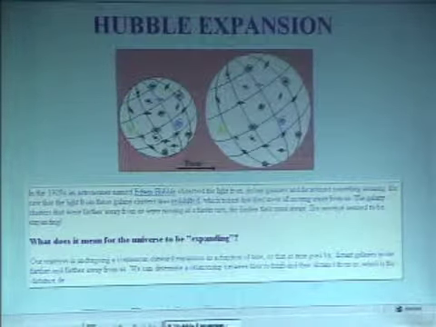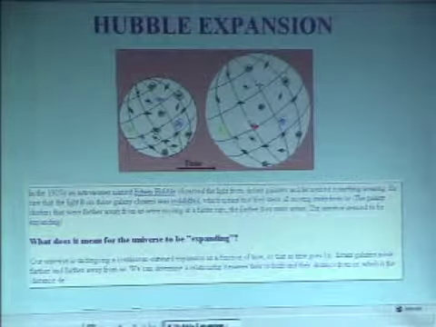And that is, this balloon expands, all the objects on here move apart from each other. The more distantly separated objects move away faster, and you can actually sit down with rulers and expand this thing and pretend every second you're expanding it by the same amount. You find that the expansion speed close by is small. Out here, it's very large.